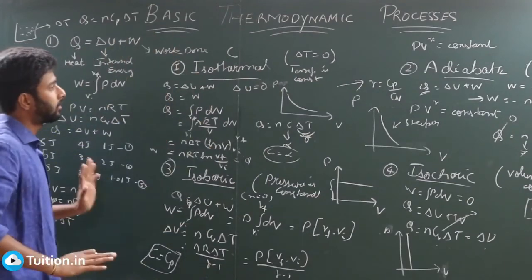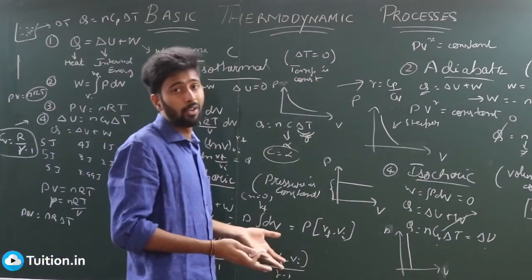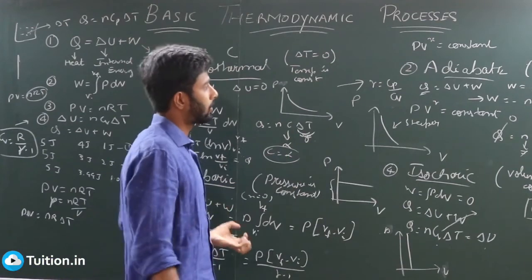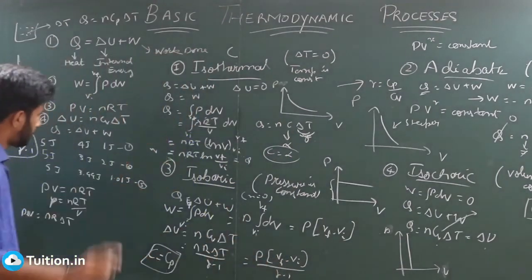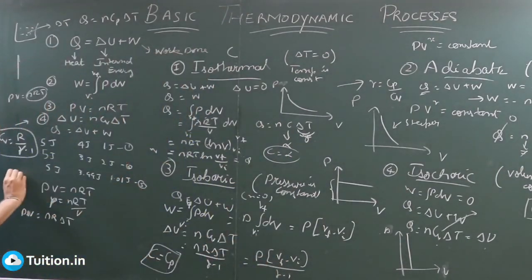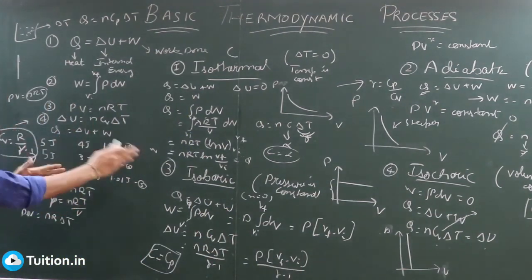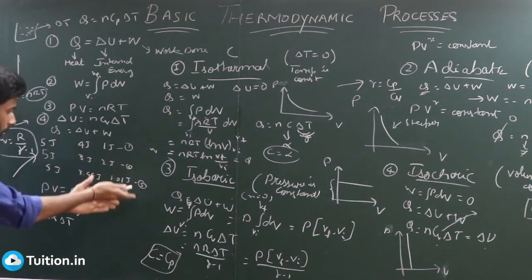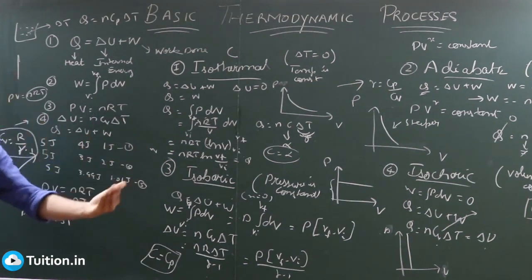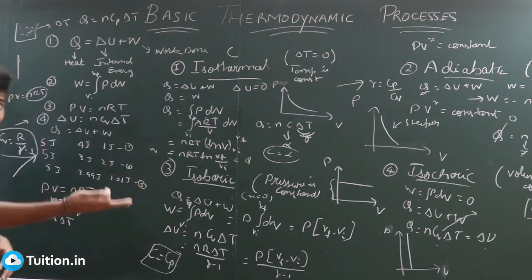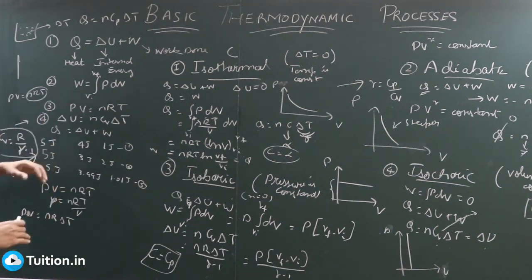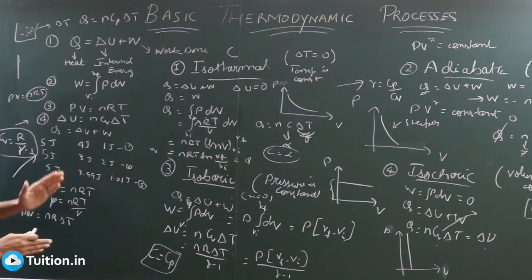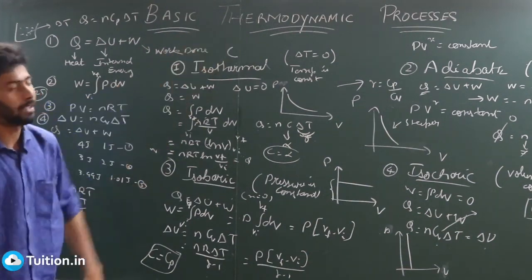With these, I think we have completed all the basic formulas for these basic thermodynamic processes. Remember, every process is just this: how 5 joules is divided in two parts. Whether 4 and 1, whether 3 and 2, whether 3.99 and 1.01, or 2 and 2, or 5 and 0, or 0 and 5, right? Every process is just how Q is divided. And in fact, if your Q becomes 0, then that becomes your adiabatic process.